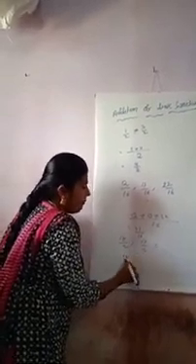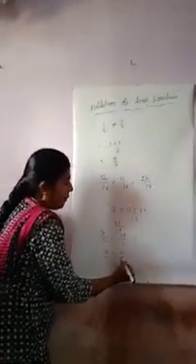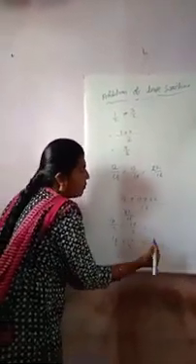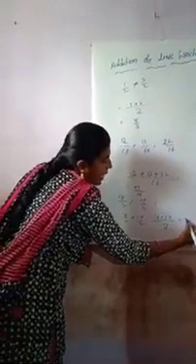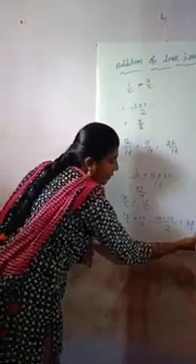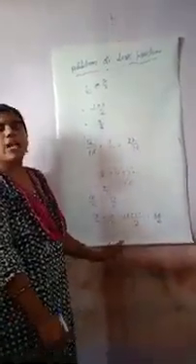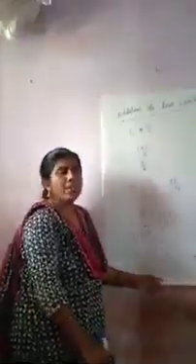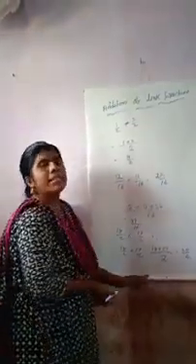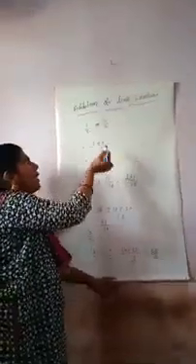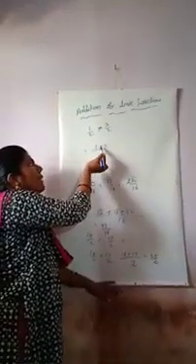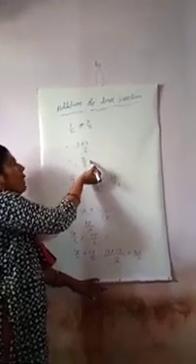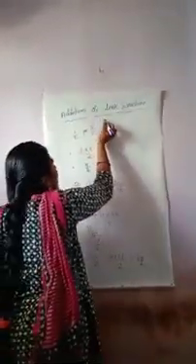Addition: 18 by 2 plus 17 by 2. The denominator is the same, 2. Numerators: 18 plus 17, how much? 35. 35 by 2. Okay, clear? Addition of like fractions. What are like fractions? Fractions with the same denominator are called like fractions. You keep the same denominator, then add the numerators, like 1 plus 3, to get 4 by 2. Okay? Next,